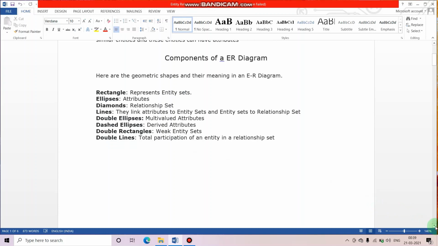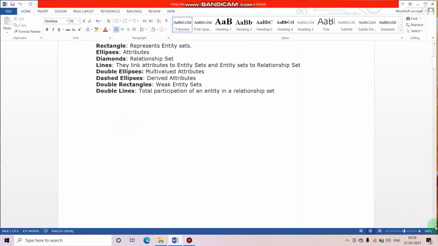You will also get to know this later. I'll explain this in detail also, and then it will be clear to you. Then comes double lines, total participation of the entity in the relationship set.